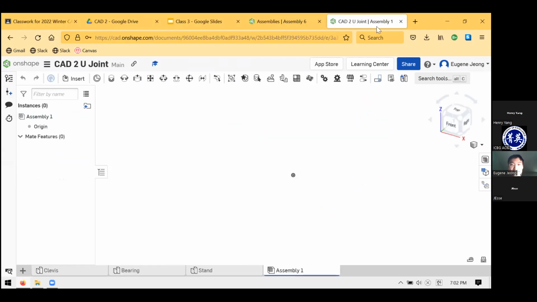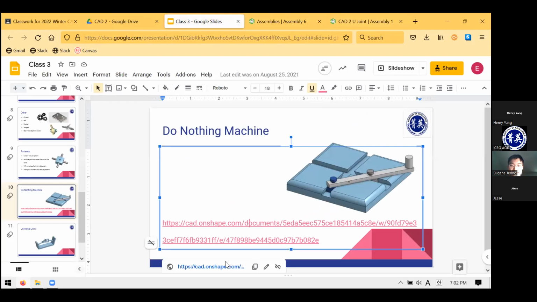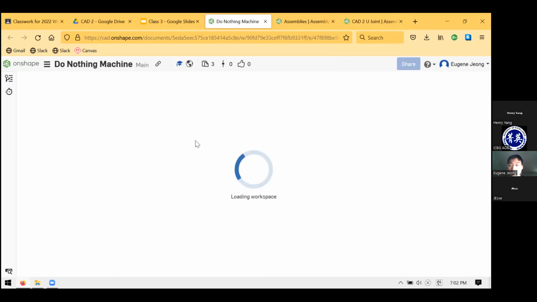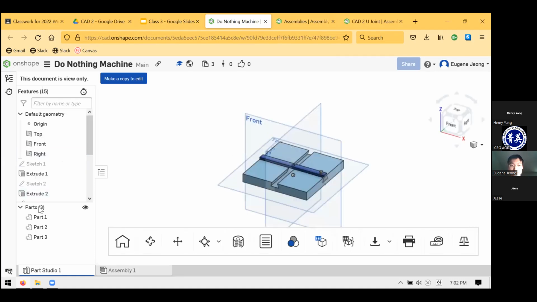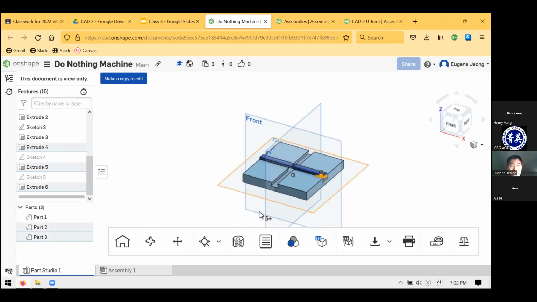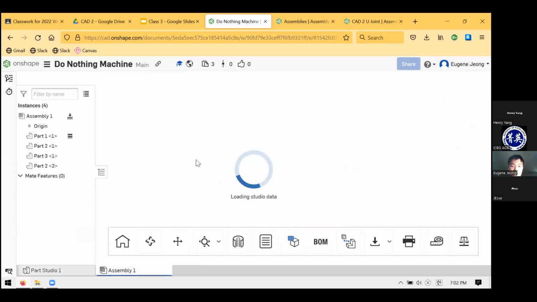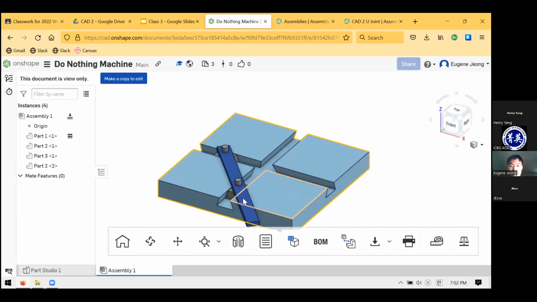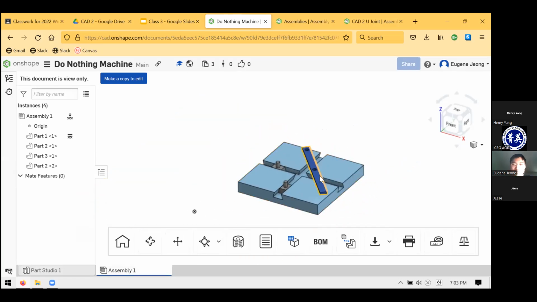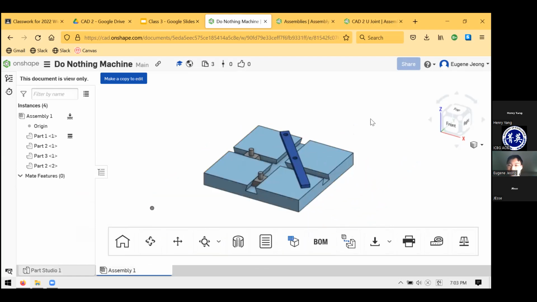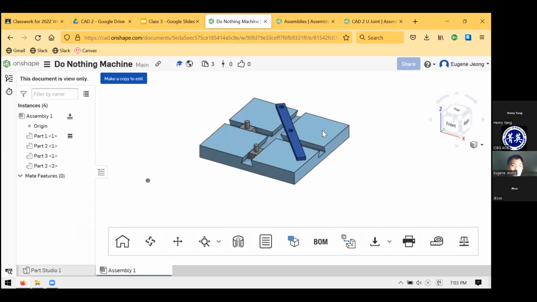I guess this one is not mated. But the one I linked should be mated. And you can just take a look at how the different mates are used. I sure hope they're mated. Let's go to the assembly. All right, they're not mated. Well, in that case,